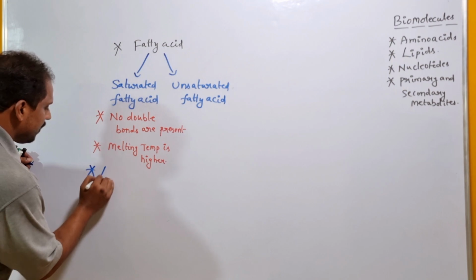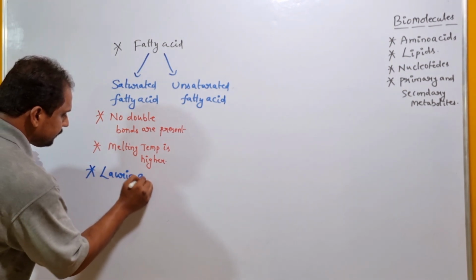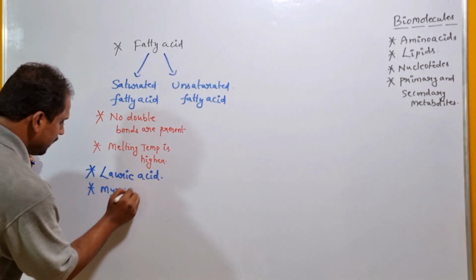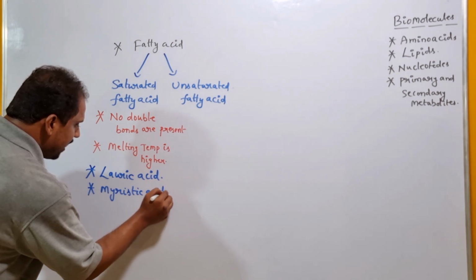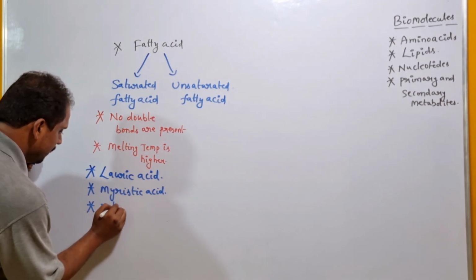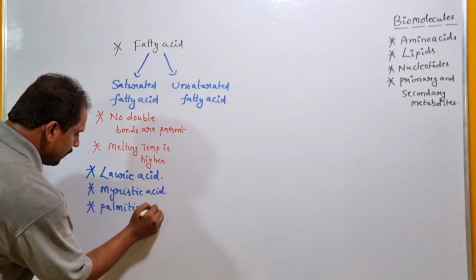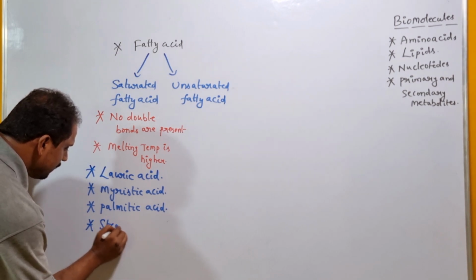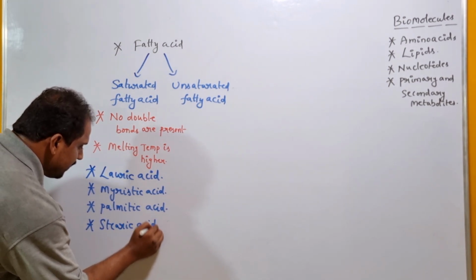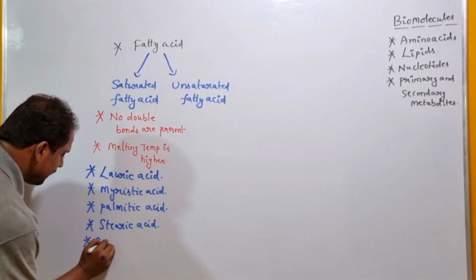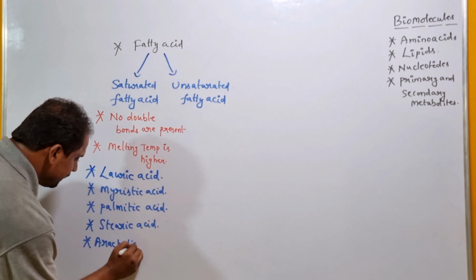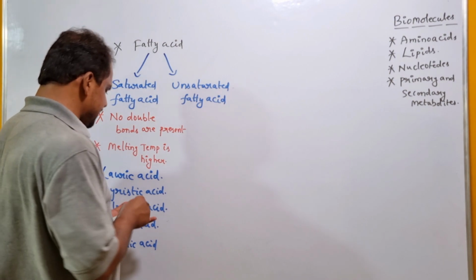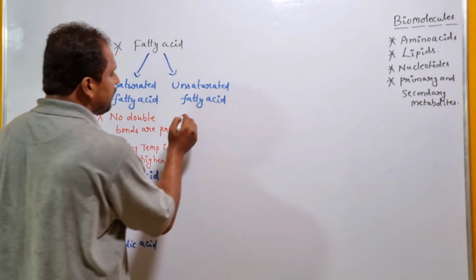Lauric acid, myristic acid, and the other one is palmitic acid, stearic acid, and the other one is arachidic acid. So all these are nothing but saturated fatty acids. Then in the same way, if we consider unsaturated fatty acids,